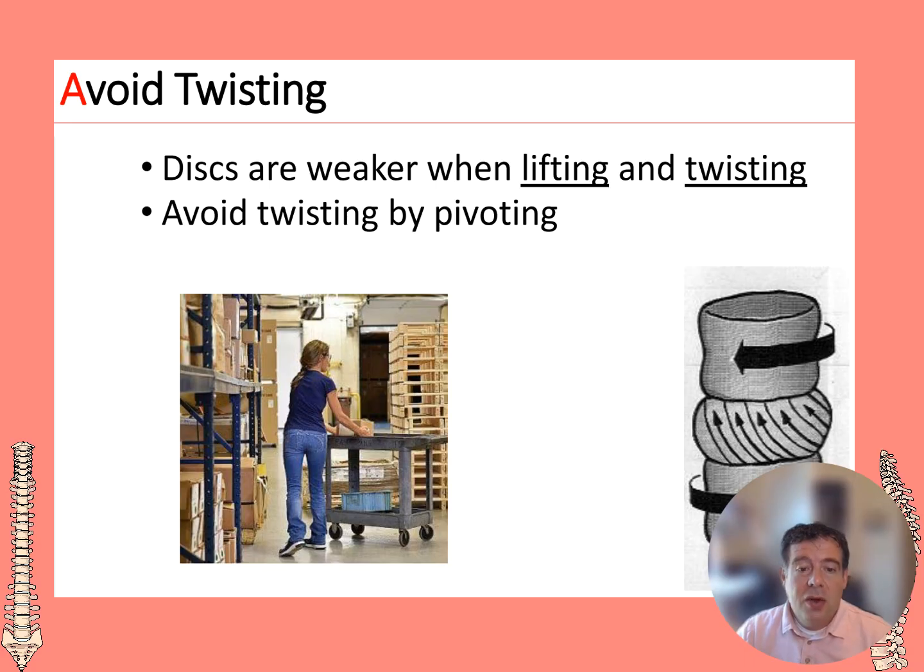Those discs in between each vertebrae don't like twisting. The reason is, if we have trauma to the fibers on the outside and it's pushing through, think of a sponge being wrung out, it's going to cause that nucleus pulposus to push out even more. So we want to avoid twisting while lifting. They always say your toes should follow the load, or nose follows the toes. That just keeps our body straight ahead instead of twisting our back.